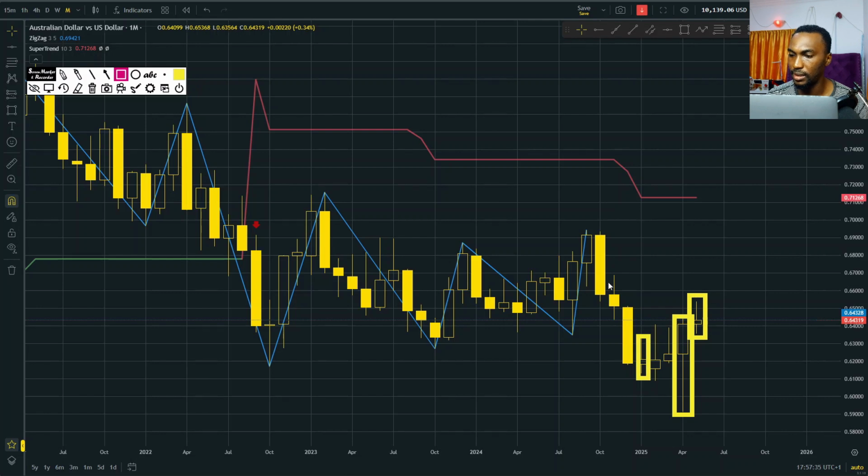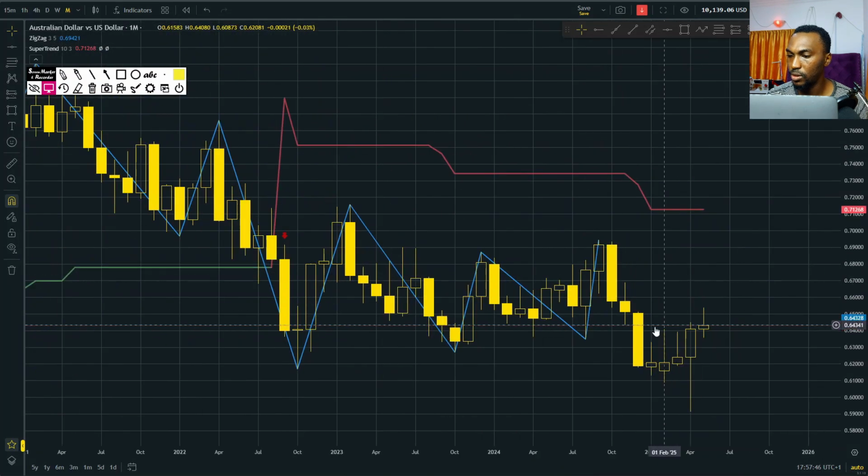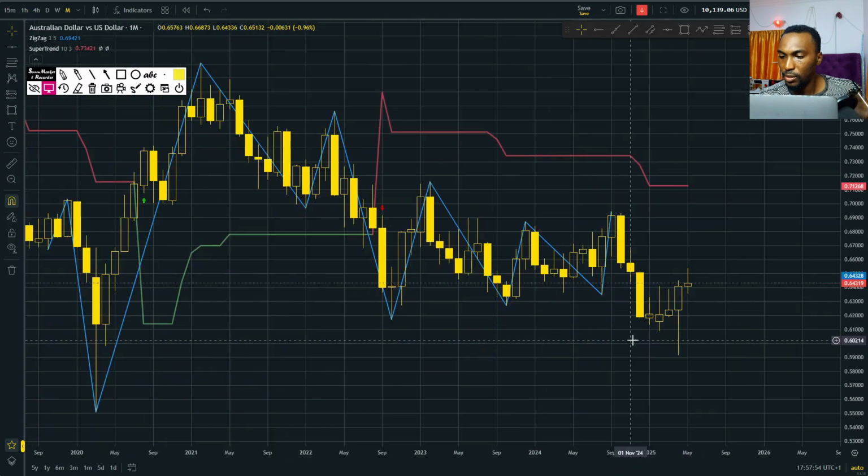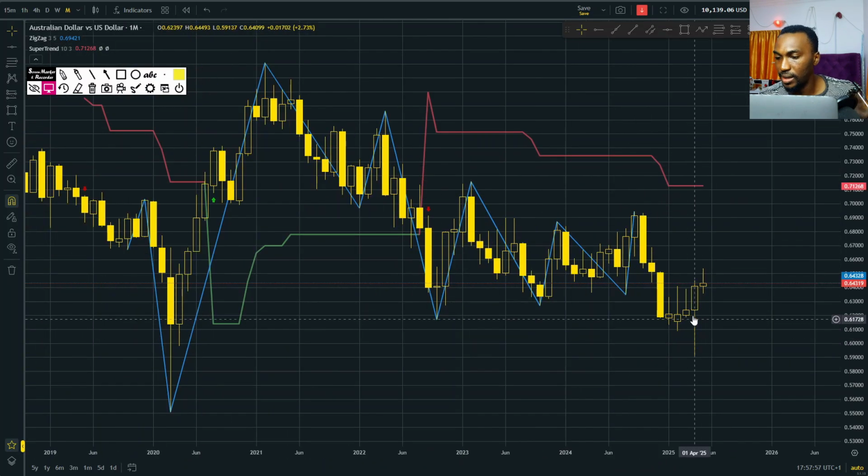It was January, and then November. That was when we saw situations as small as this between the Australian dollar and the US dollar. But in this case, we can clearly see there has been some strong consolidation, and there will likely be no clear direction. This is not a candle pattern that you can look at and say the market is going to do this after it has done whatever it's doing. No, there's no clear candle pattern. It's not a doji, it's not a morning star, it's none of all those patterns, right?